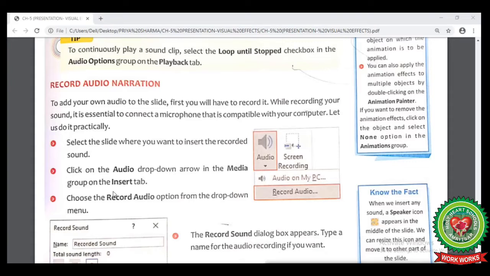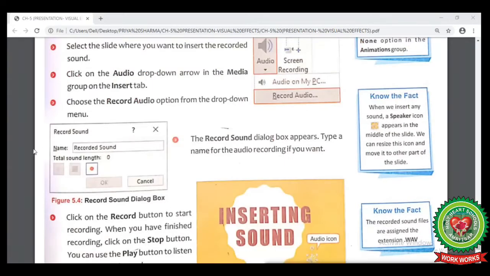By clicking on the Audio drop-down arrow, you will get the Record Audio option. After clicking on Record Audio option, the Record Sound dialog box will appear. Here you can also see in figure 5.4, the Record Sound dialog box is displayed.